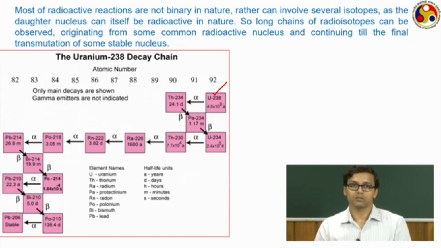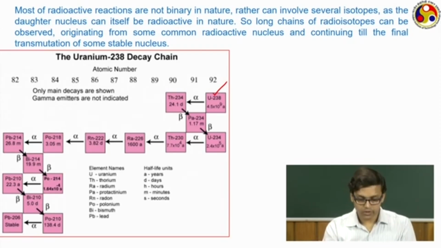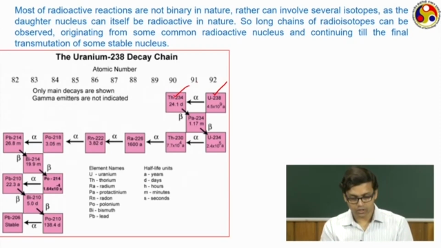Alpha decay, as we have seen, means the atomic number will be reduced by 2 and the mass number will be reduced by 4. Following that we get this particular thorium isotope which undergoes a beta decay. Now, beta decay, as we have already seen, means that the mass number will remain the same, but the atomic number will increase by 1. So, uranium has an atomic number of 92, whereas thorium has an atomic number of 90, and this protactinium is something in between, and this chain continues with subsequent alpha and beta